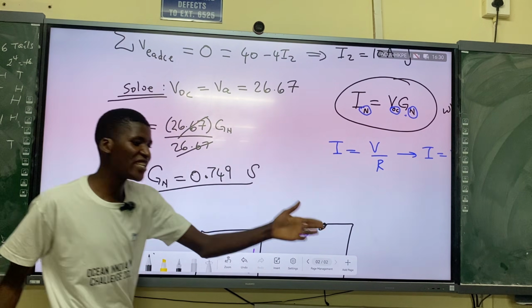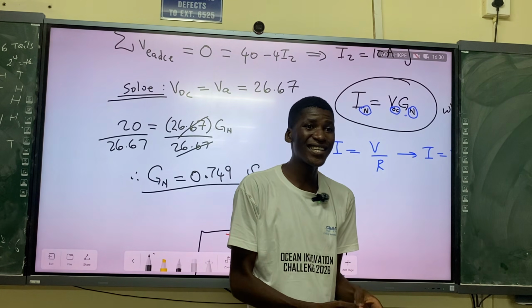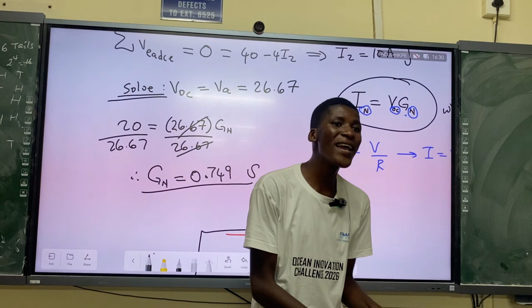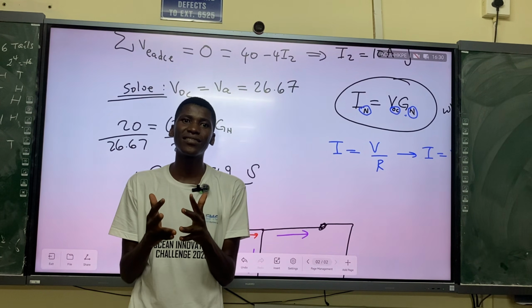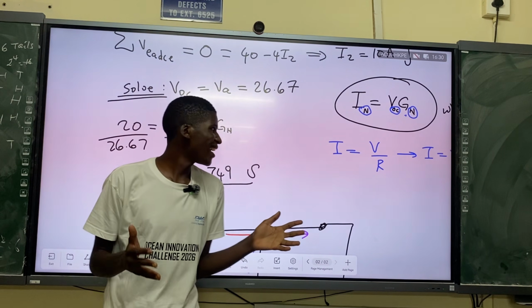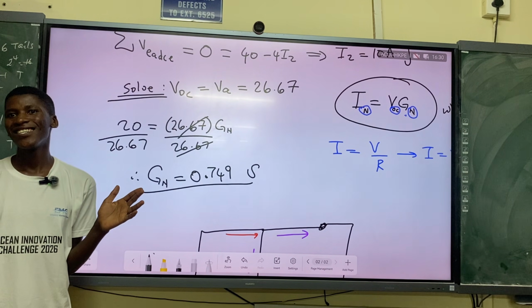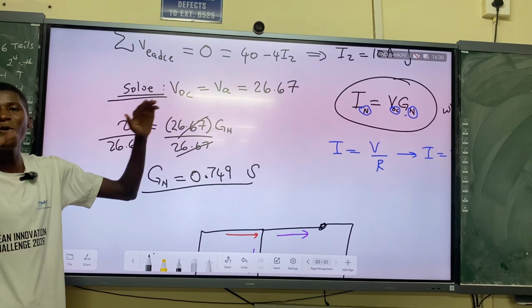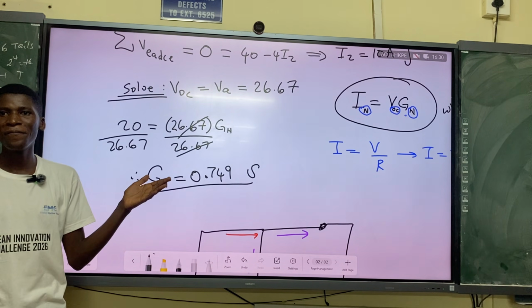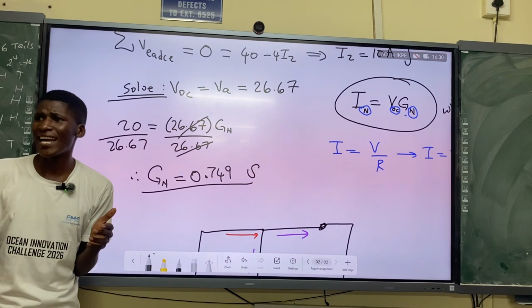The notation you have used, you have gone through resistance first. But at the end of the day, you must calculate Gn and In. Those are the most important things. You will get it in the same way, the same way you did, where we call our 1 over R G. It's the same mathematically.